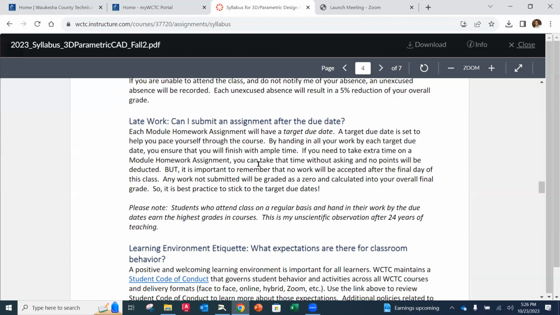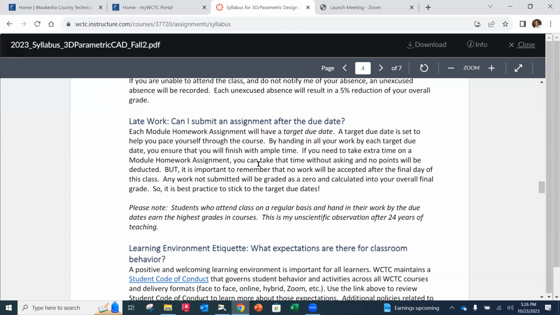You don't have to ask me, can I have a little bit of extra time? There will be no penalty for handing in after it, because you're going to find that there are going to be some sections, some modules that are going to be easier for you to go through. And there's going to be some that are going to be a little bit longer to go through for whatever reason, okay? So I don't want you to be like, I have to have this done on Friday at 11:59,